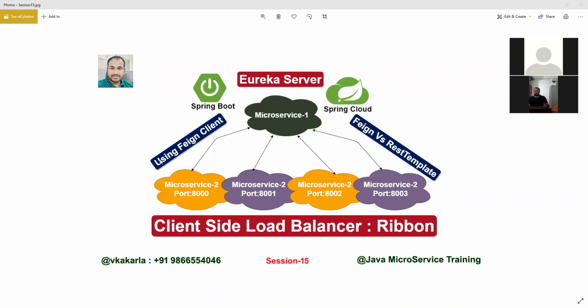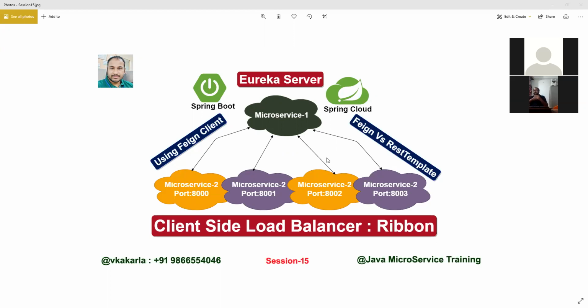And in the same way, using Feign client. So Feign and REST template. See, previously, whenever we were consuming service 2 from service 1, if we are consuming service 2 inside service 1, we use REST template. We already saw that in our previous classes, consuming a microservice. That is a single service and a single port. But now we are consuming a service on different ports, which means we are adding the load balancer for this service, so it is on different ports, right?